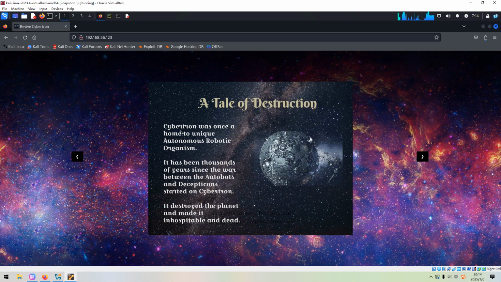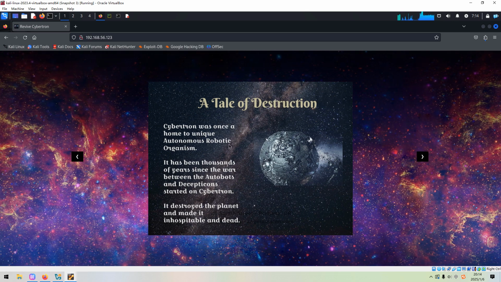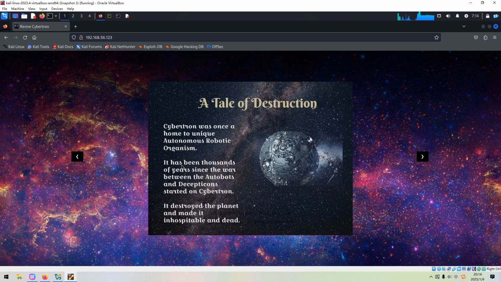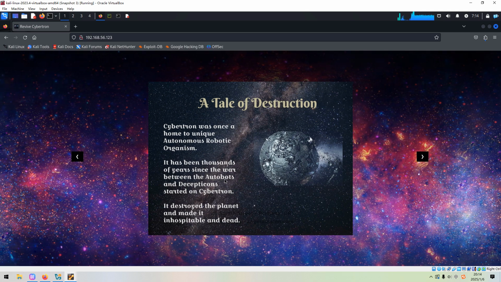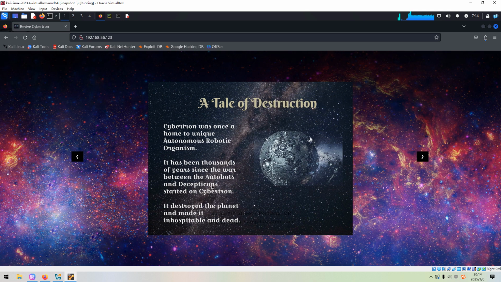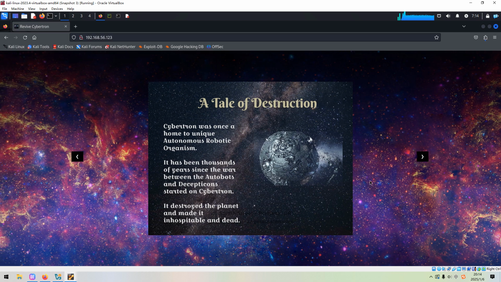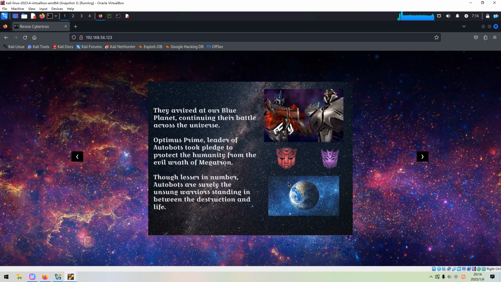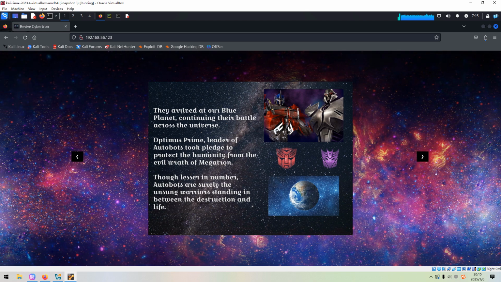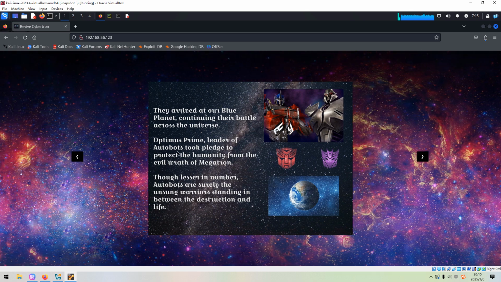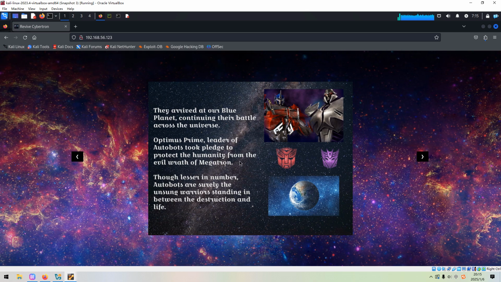Cybertron was once a home to unique, autonomous, robotic algorithm. It has been thousands of years since the war between the Autobots and the Decepticons. I think you have already seen that very famous movie, right? But nothing very exciting for us, though. And Optimus Prime, you know, the very tall guy, leader of the Autobots, took a pledge to protect the humanity from the evil